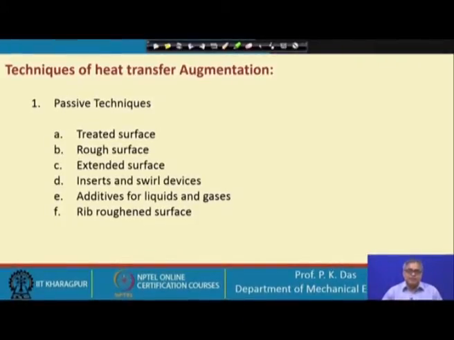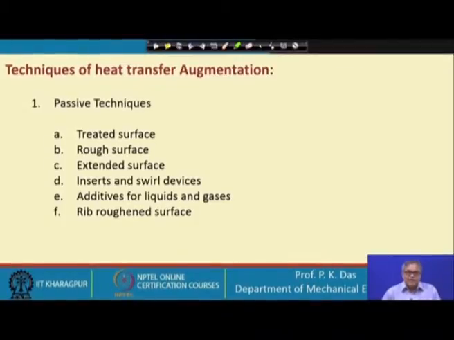Like we can have treated surface, there is some sort of a surface treatment, so that there are micro scale features on the surface. In case of phase change heat transfer, the chemical features of the surface could also be different. Surface can be roughened, there could be extended surface, while rough surface or the treated surface gives features of very small scale. Extended surfaces or fins, as they are very popularly known, are large features present on the surface and that increases the surface area.